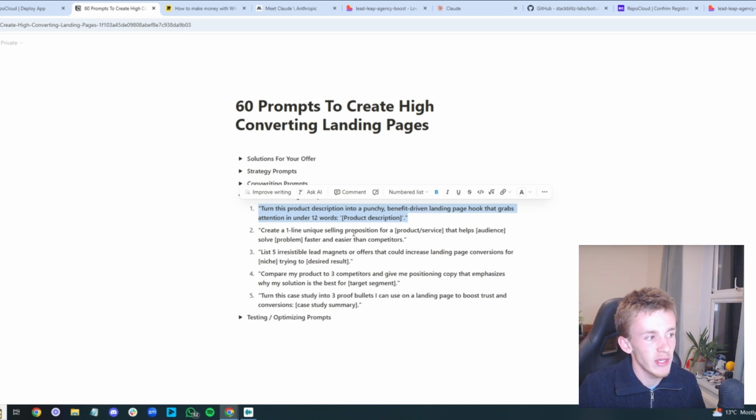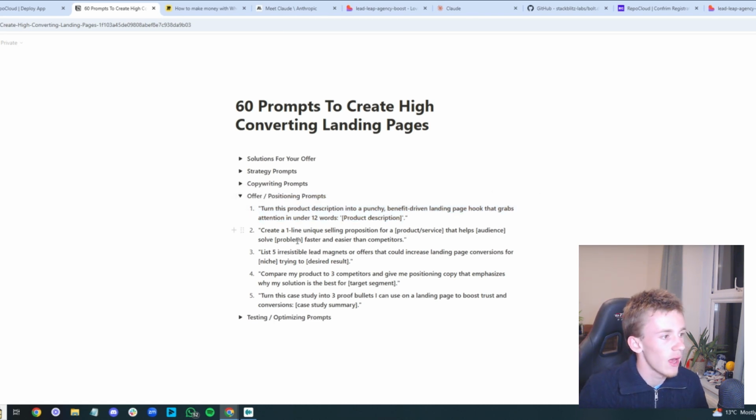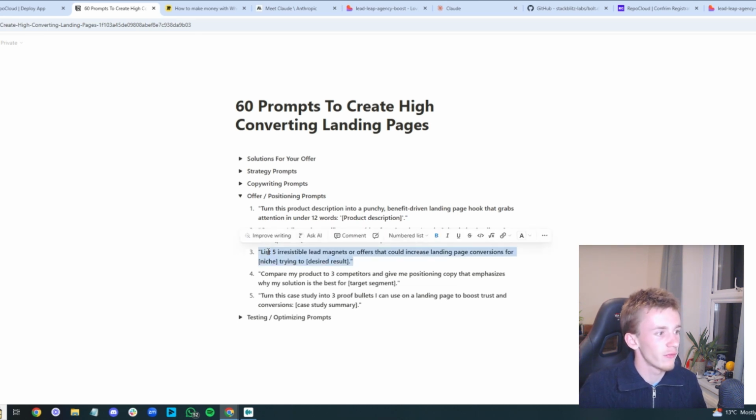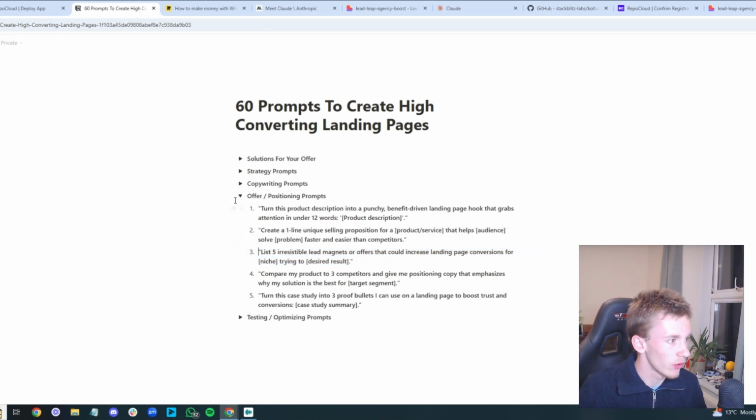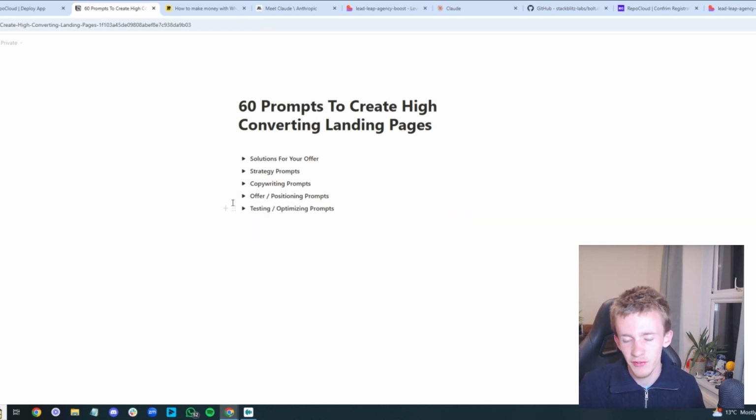Create a one-line unique selling proposition for my marketing agency that helps SaaS companies decrease churn rate. And then solves the problem of high churn rate faster and easier than competitors. List 5 irresistible lead magnets or offers that could increase landing page conversions for SaaS companies trying to decrease their churn rate. Okay, so really, really simple prompts that are super effective in actually building a high converting